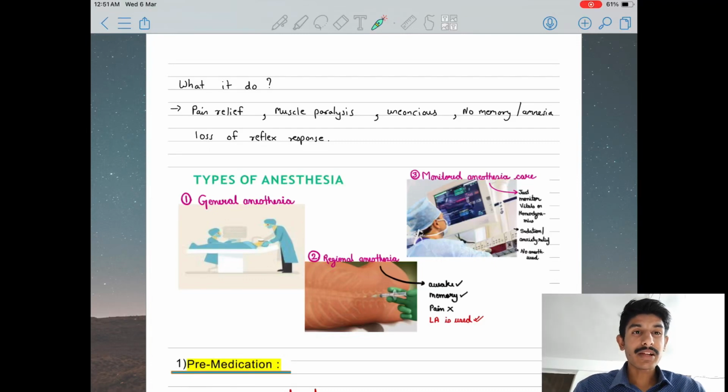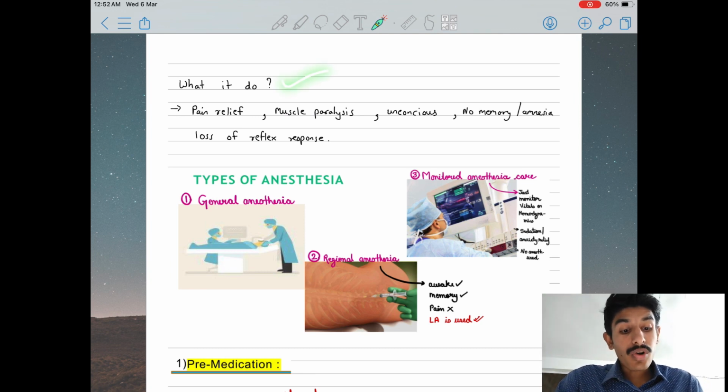Hello everyone, welcome to the new subject which is anesthesia. Before you start learning about anesthesia, first learn about the drugs which I taught you in the earlier lectures. It will be easier for you to learn anesthesia because in anesthesia we use different kinds of inhalation agents and IV drug agents. So it will be easier if you know some of the drugs before you start this learning. Okay, let's start the new subject which is anesthesia.